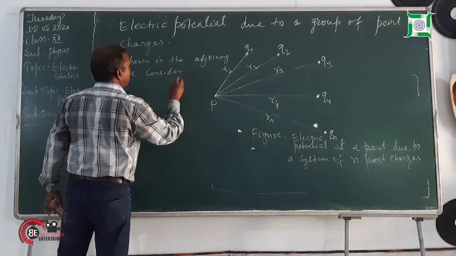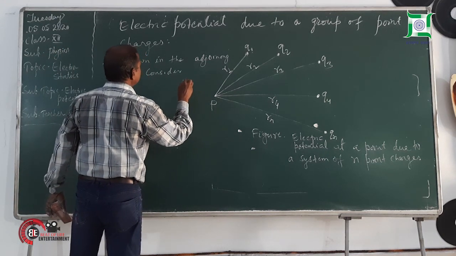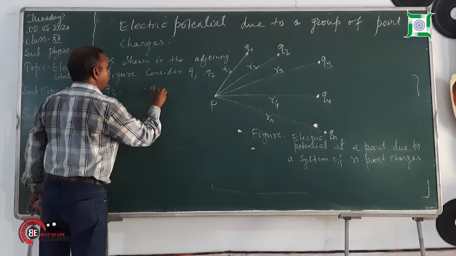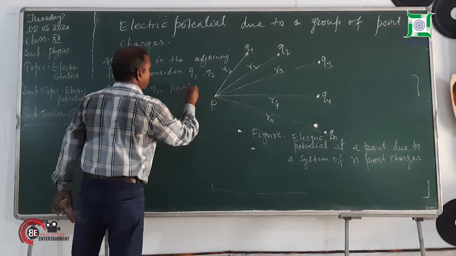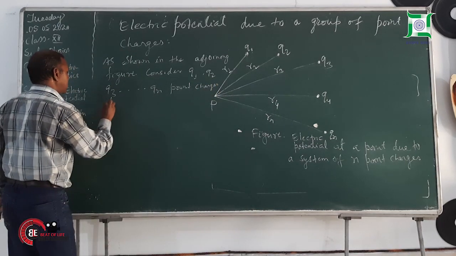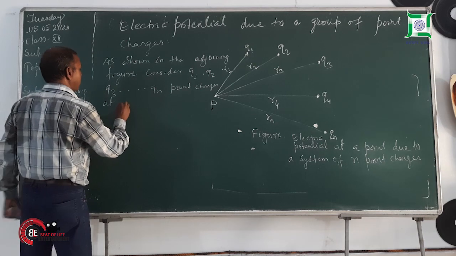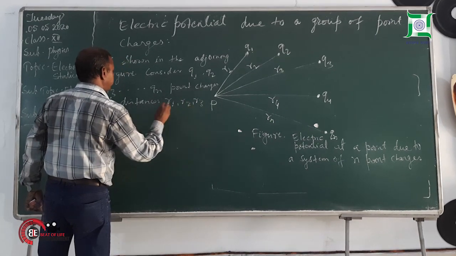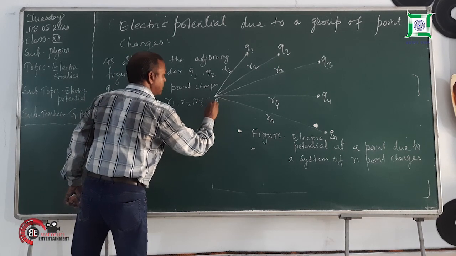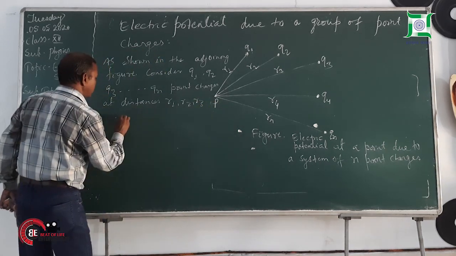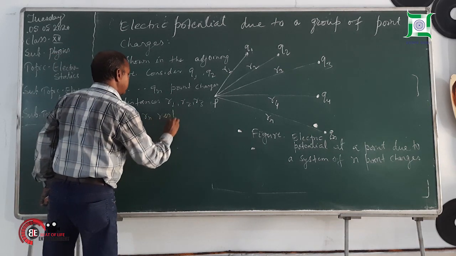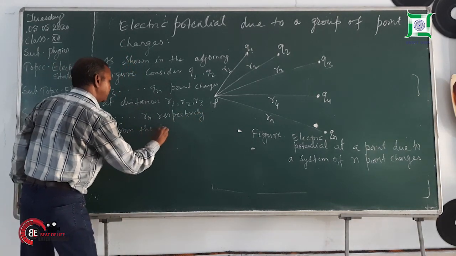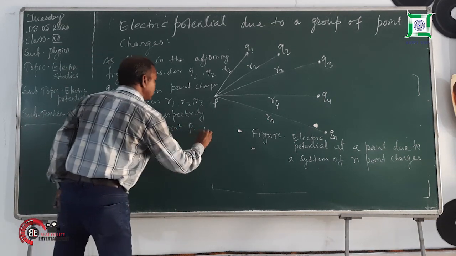Consider Q1, Q2, Q3, Qn point charges at distances r1, r2, r3, rn respectively from the point P. Then